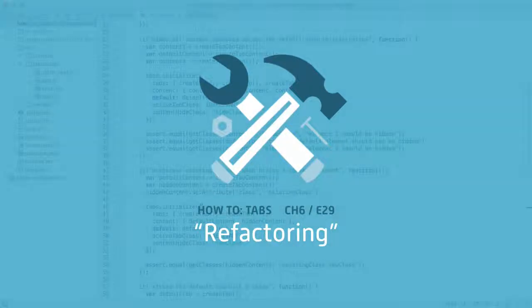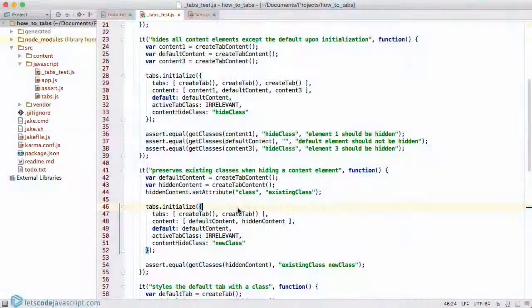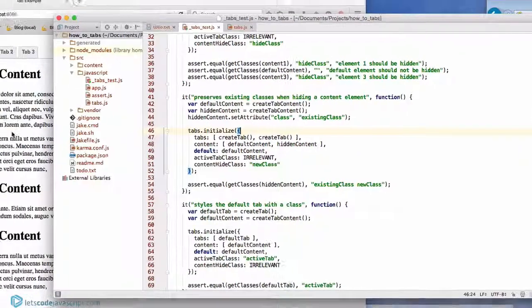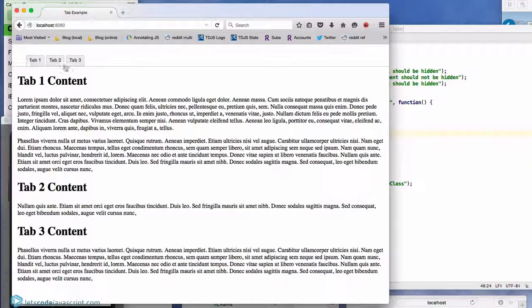In this chapter, we are building out our tab library using test-driven development. And in the last episode, we had just finished styling the default tab with a class. So if you recall, we have multiple tabs and content for those tabs. And when we initialize this, whatever tab is on top should be styled with its own special style. And that's what we've just implemented. Or really what we've implemented is that the first one will be styled that way, regardless of which one we've